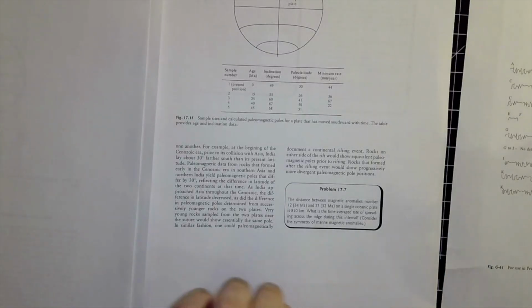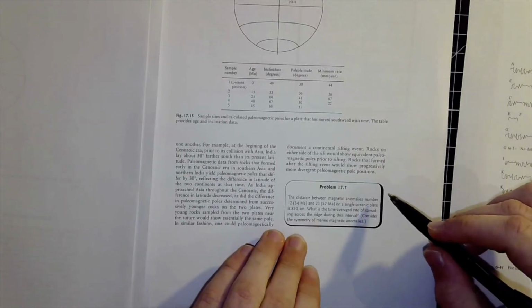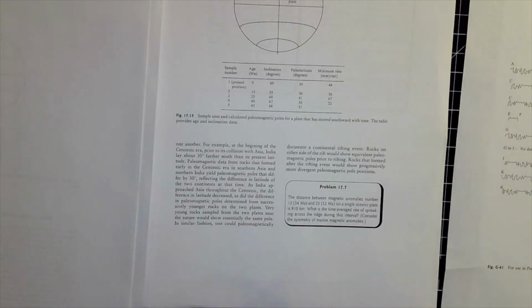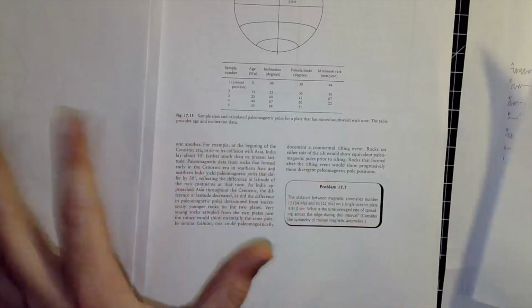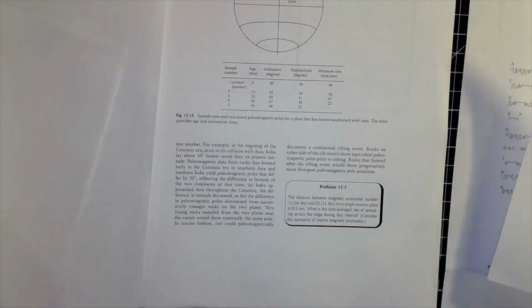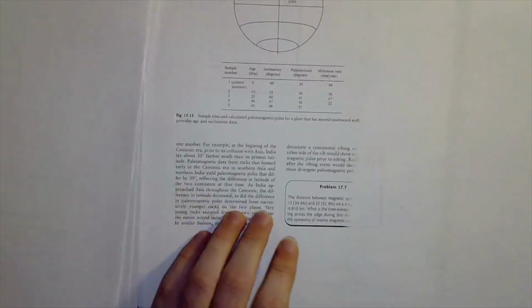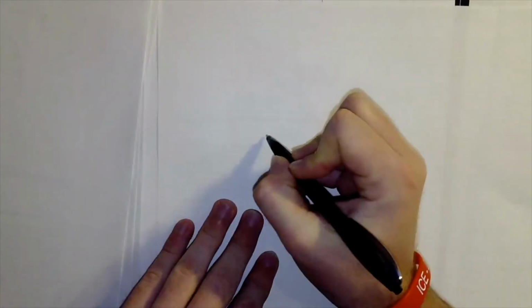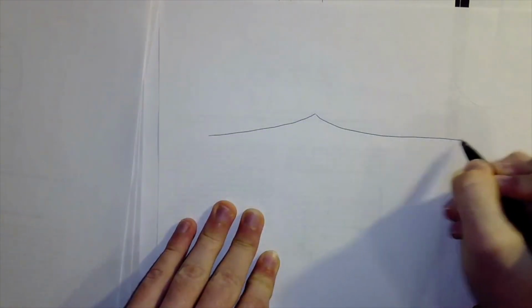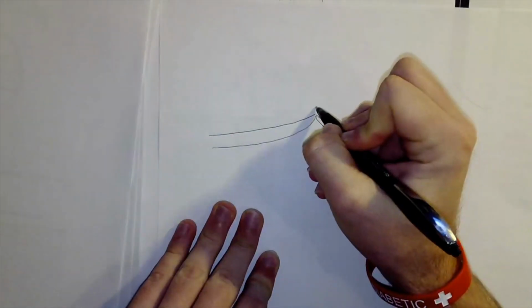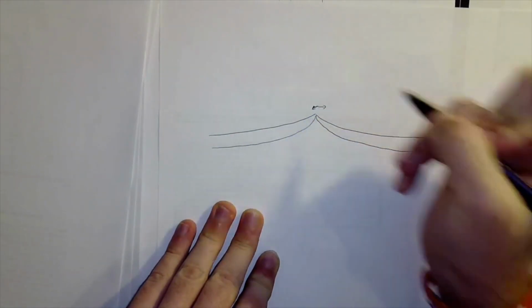All right, so the next question, 17.7, asks about magnetic anomalies in an oceanic plate, and it's a simple little geometric problem about spreading rates. And the idea here is that if we cut a cross-section through a spreading ridge, we'll see something like this, where we've got our spreading, and